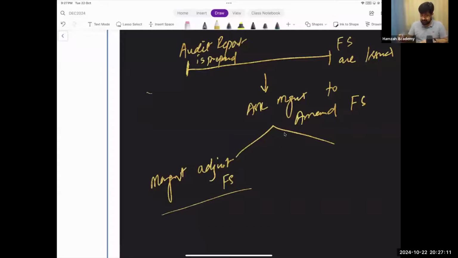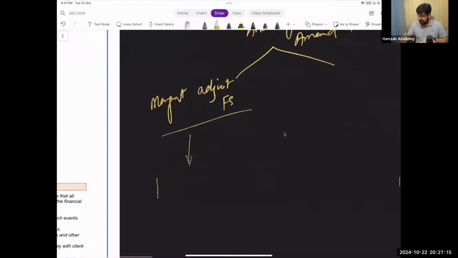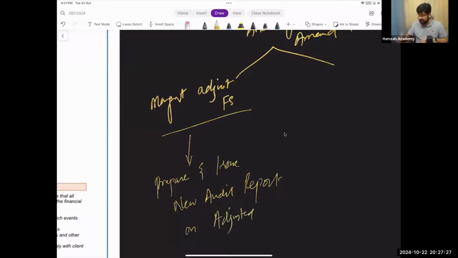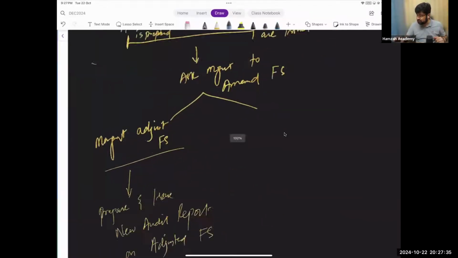Management adjust financial statement. Very good. So prepare and issue new audit report on adjusted financial statements. Yes, because things have been changed. If management refuses to do so,